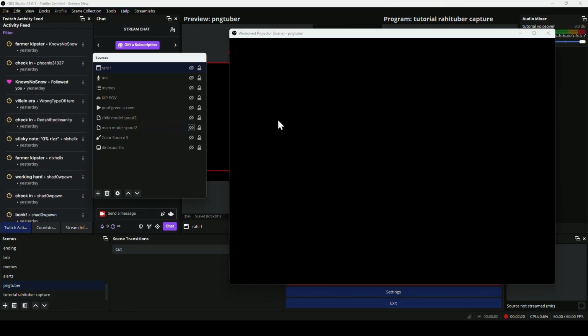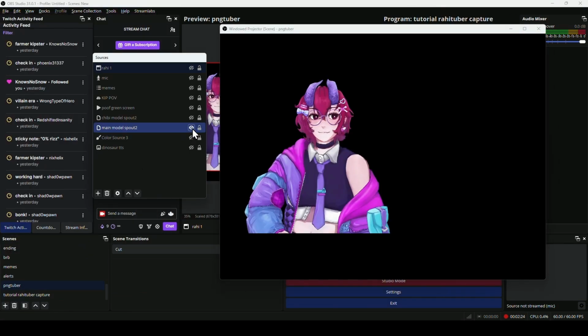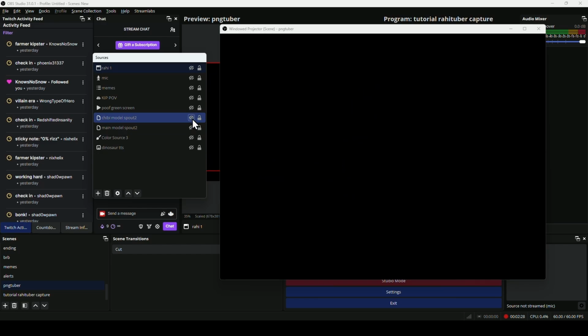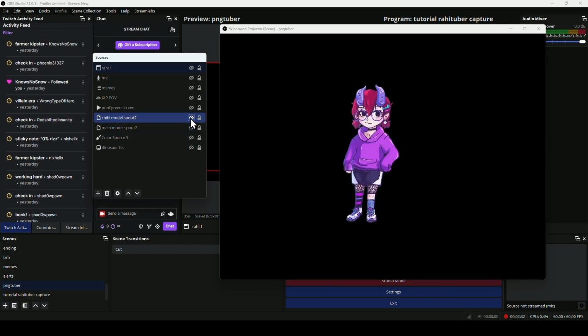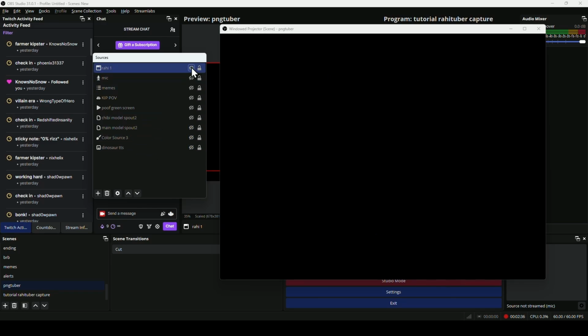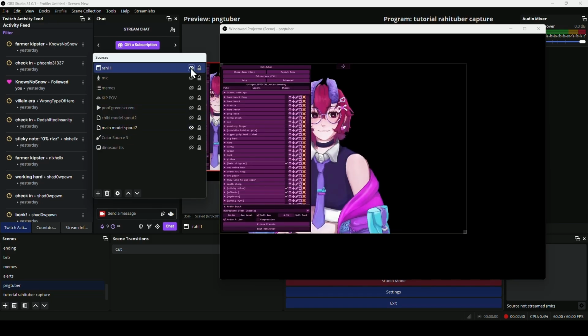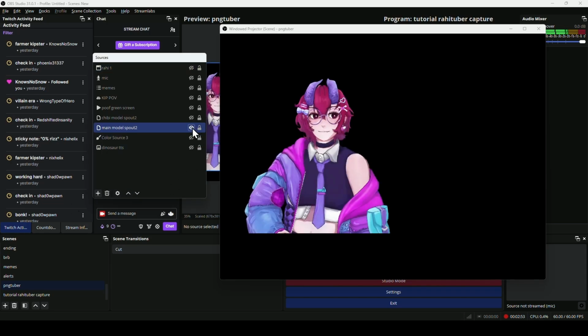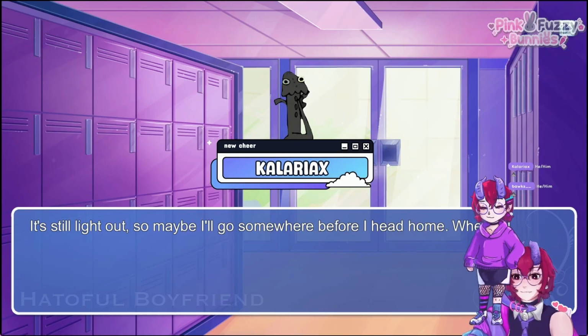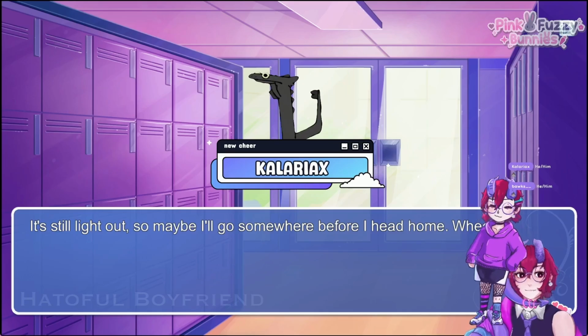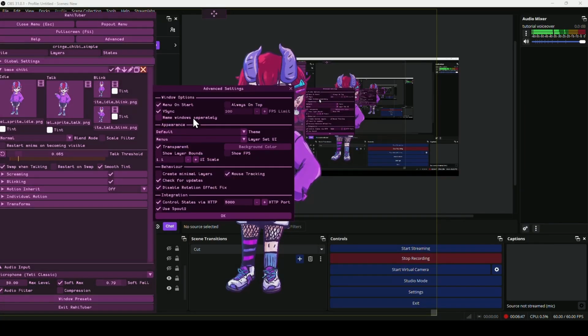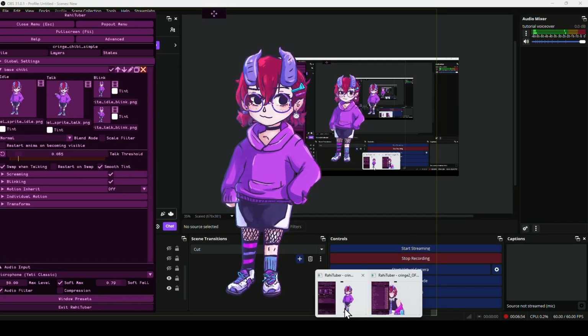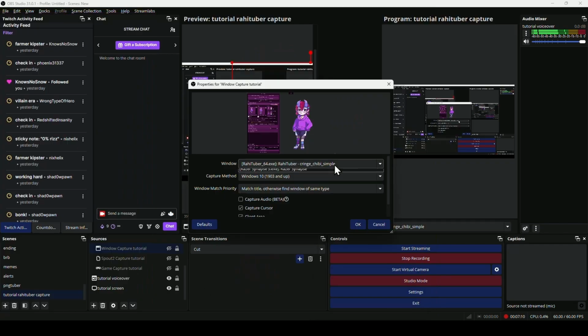Personally, I prefer Spout 2 when I'm streaming games or normal streams and stuff, and then I'll switch to a window capture when I'm working on things live or I want to demonstrate or yap about my RahituBer setups to chat. Remember that you can have multiple models on your scene at the same time. You can capture more than one RahituBer instance. In fact, I do so pretty often when I want to be able to switch between avatars for a redeem or whatever. Just make sure that name windows separately is turned on under the advanced settings and set your sources windows and OBS accordingly.